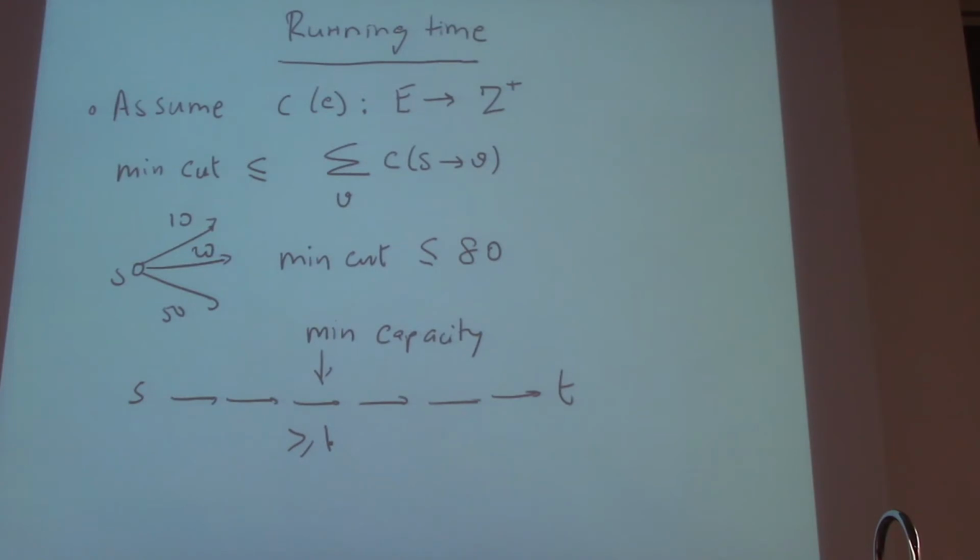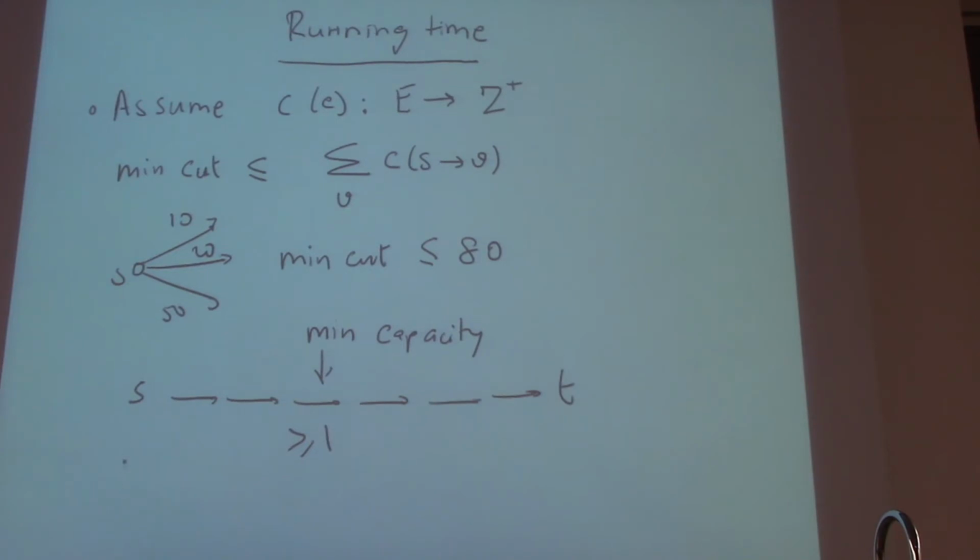You see this? That since the capacities are integers, and you're only ever adding and subtracting integers when you push flow, you will always have capacity 0, in which case there wasn't a path in the first place, or at least 1. So if you can push flow, you push at least 1 unit of flow. We just said there's a limit on the total amount of, each unit of flow contributes to that overall capacity buffer. So you will eventually stop.